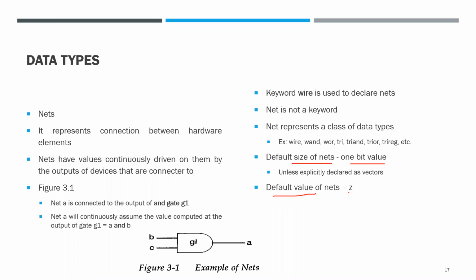Default value will be tri-state. So you have connected the circuit, you have made the connections, and if I try to measure something over this, it will be at a tri-state level, because whether it is logic 0 or logic 1, it will be unknown. By default, the wire, or the net value, will be in the tri-state condition. There is only one special case, that is the tri-reg net. It will be in the don't care condition. The value is X.